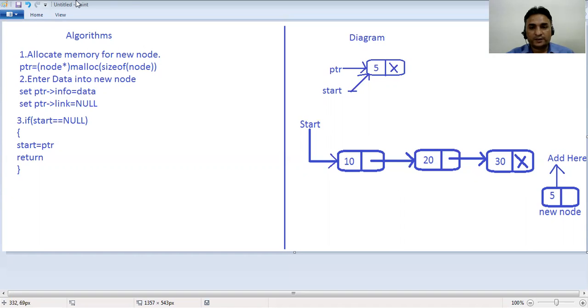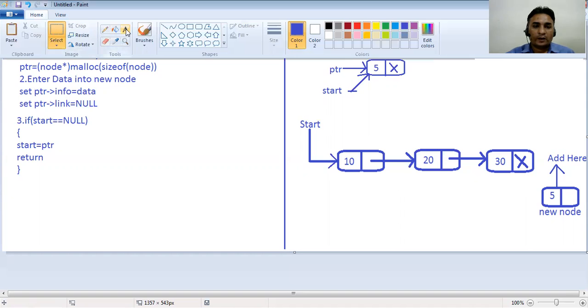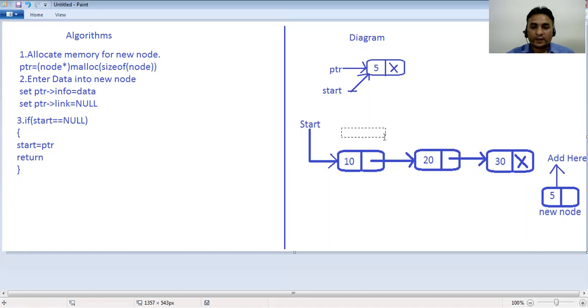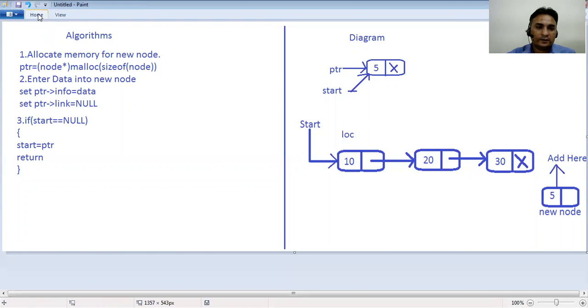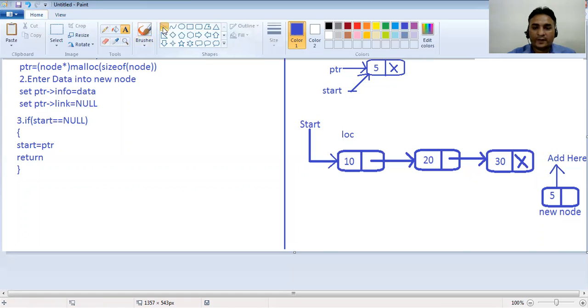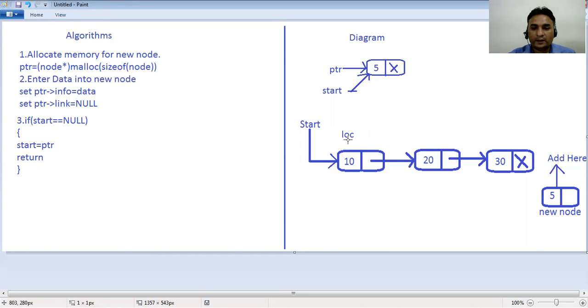For this purpose we have to assign the address of the first node into another variable. We write here another variable called loc, and this variable has the address of the first node.